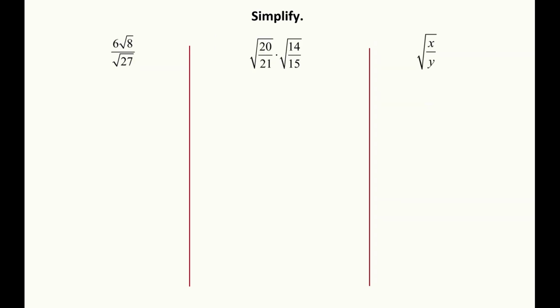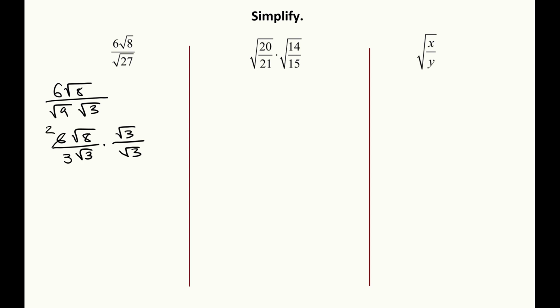Okay, I wanted to look at a few more of these before we proceed. So again, we notice that square root of 27 here is reducible, so we can go ahead and write the square root of 27 as the square root of 9 times the square root of 3. So we get 6 times the square root of 8 over 3 radical 3. Now we're going to need a square root of 3 to rationalize on both the top and the bottom. So we end up with,